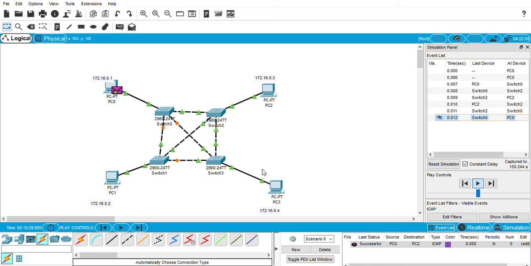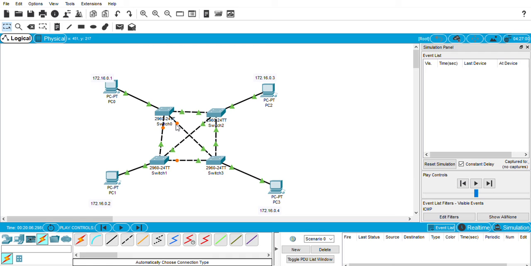But what happens if the connection is lost? That we will check here. We'll clear it. Fast Ethernet 0/4, we'll try. We'll check the connection. Yes, 0/2 to 3, it gets connected. 0/4 to, it shows all the connectivity options.